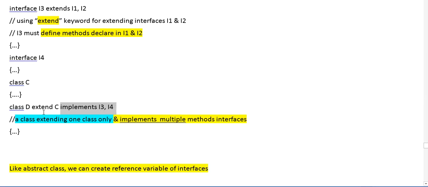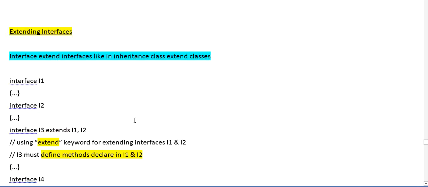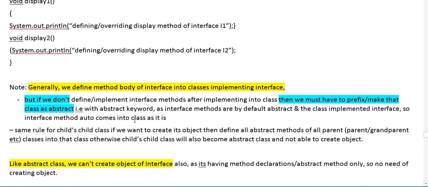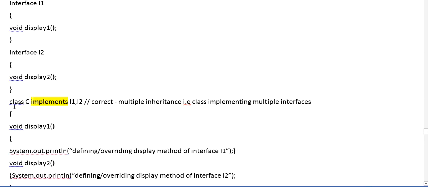So here we are having the Java rule that we can extend one class only and implement multiple interfaces into this class D. So we have already discussed here, like this.